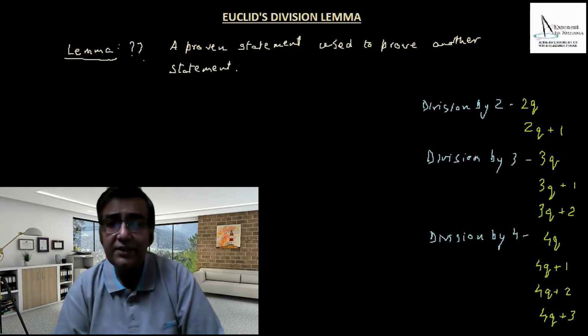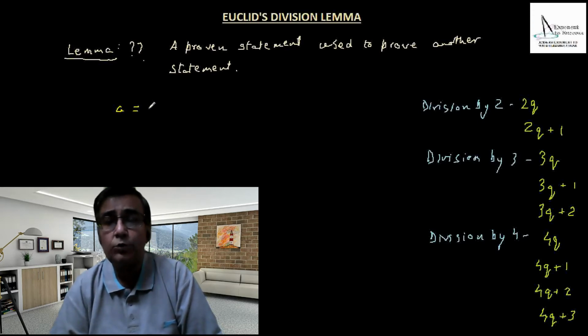Okay, so let's understand what exactly we have got here. We looked at a number, let's take it as a, and when we divide a number by 2, 3 or 4, or any number which is b, we always get a quotient, so it's b times q, and it leaves a remainder of some number, which let's take as r. So the general form of Euclid's division lemma is a is equal to bq plus r.